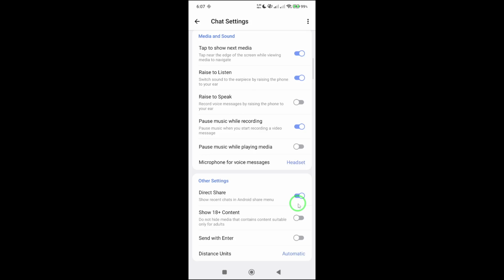Now, whenever you share something from another app, you'll notice your Telegram contacts appear as quick shortcuts, making your experience